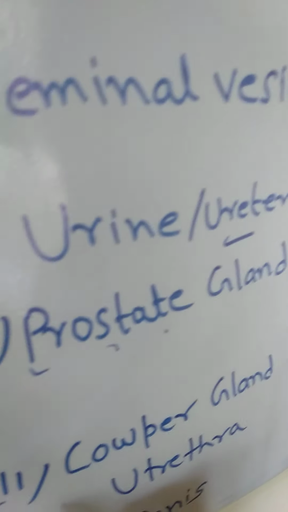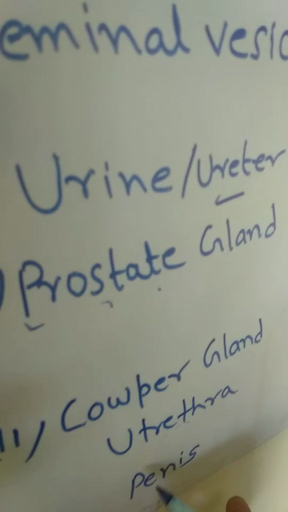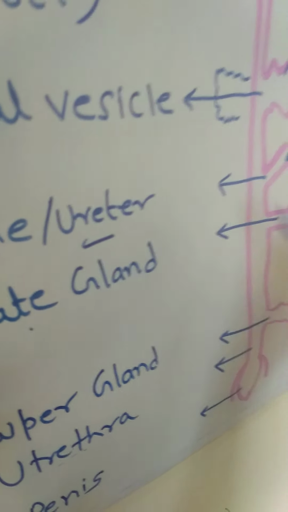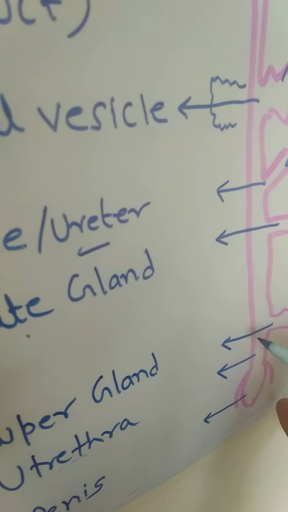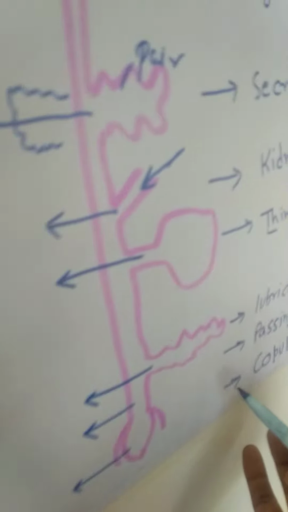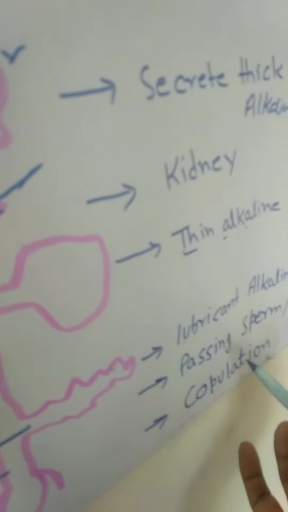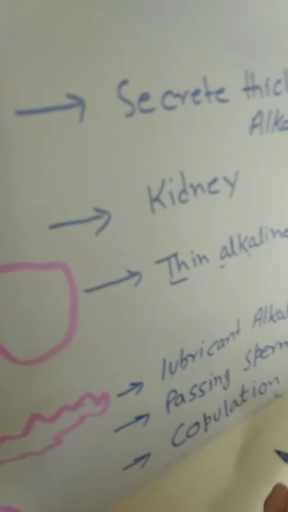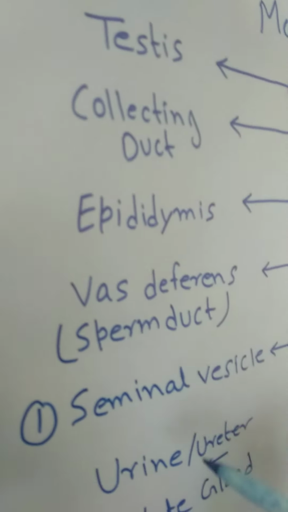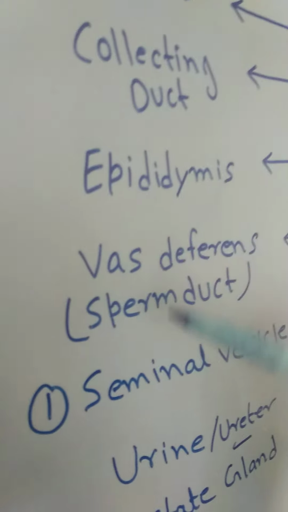Okay, then one more, urethra and penis. Urethra is a joint pipeline arising from the testis and it comes here as the last line, and penis helps in copulation, okay, during sexual intercourse. So this is the short and specific summary for you students, the names of the male reproductive parts and in short their function.